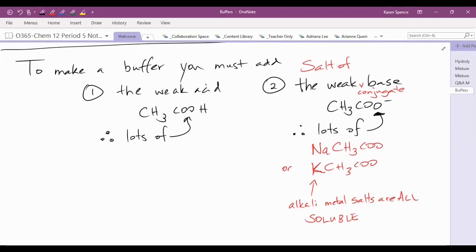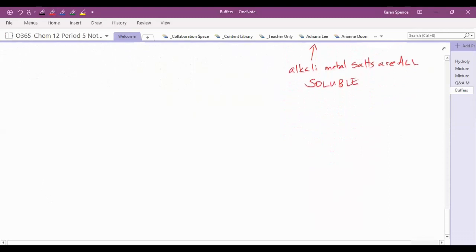So let's write a summary of what buffers are. Buffers are mixtures of either